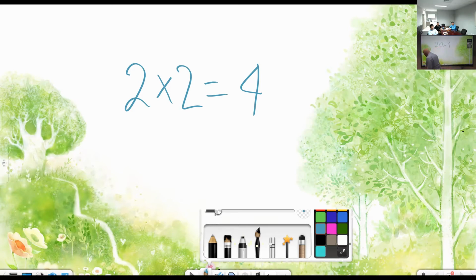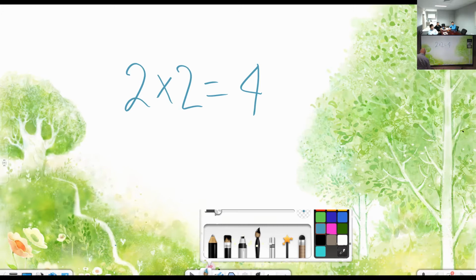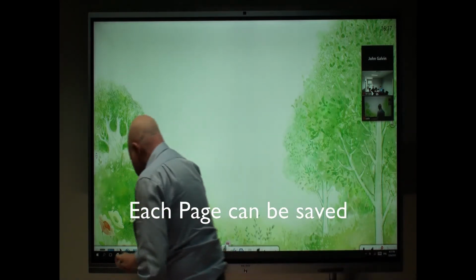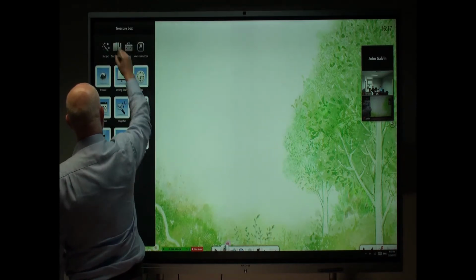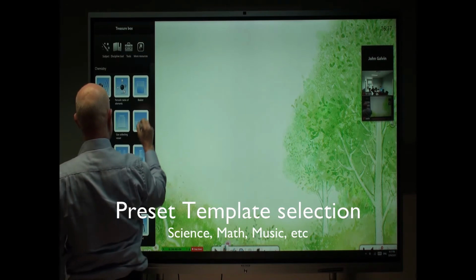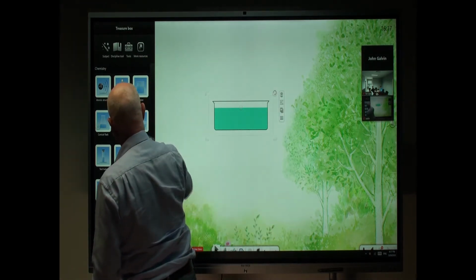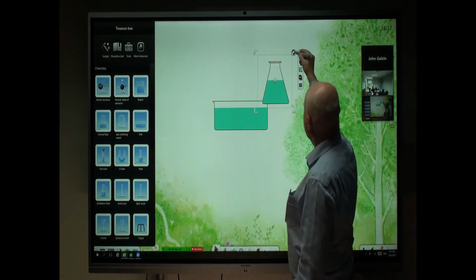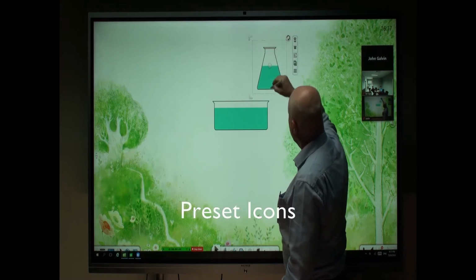Using the tools, I can add another page here, then I can select the appropriate discipline tool here, let's say chemistry. I can drag over this tank. I can use a flask here, and we can use the